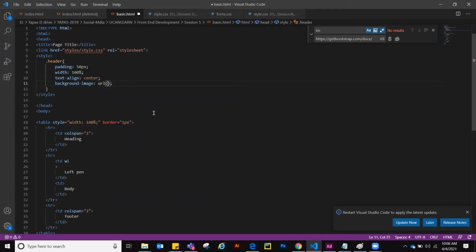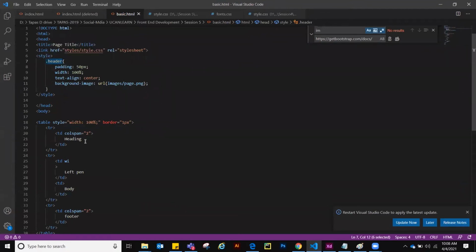Then what will be our path? The folder, then page.png. Is it clear? Right. So this is background image, and how can we call this image? URL, and this is the folder name, and this is the file name.